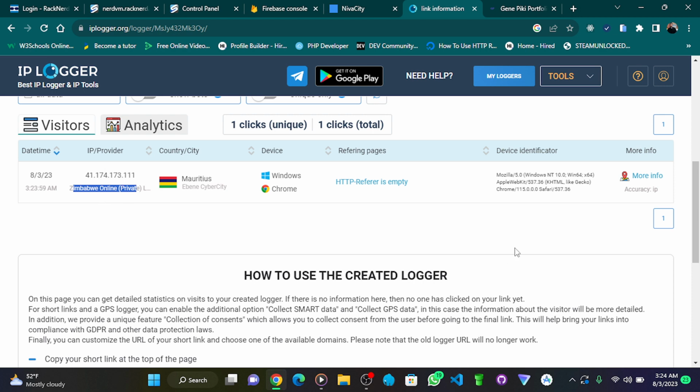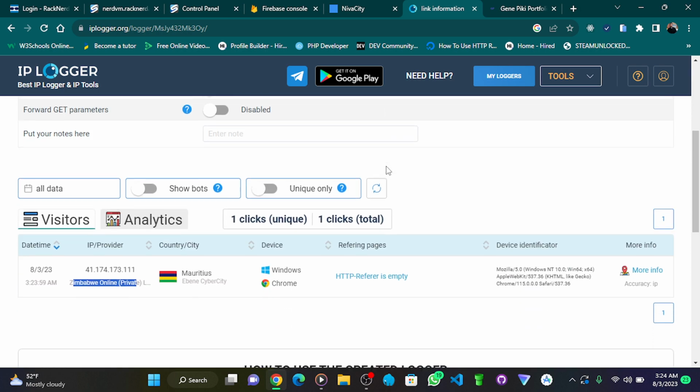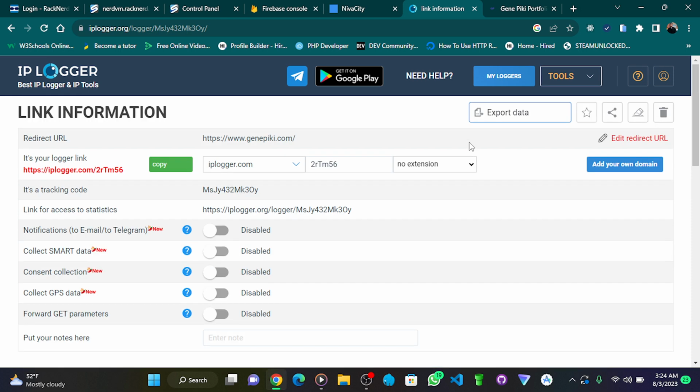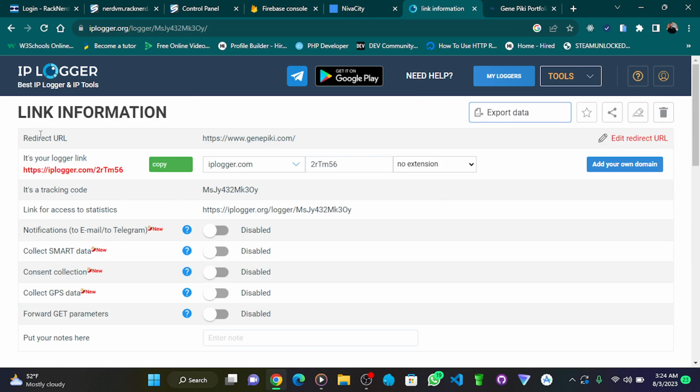Yeah, that's what it takes, guys, to get the user's unknown information like their IP address, and you can know where their location is using this URL shortener or